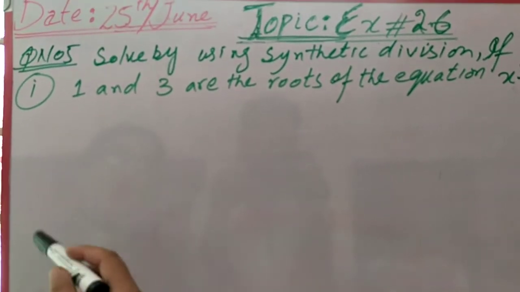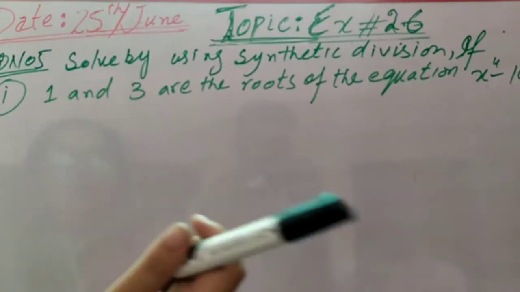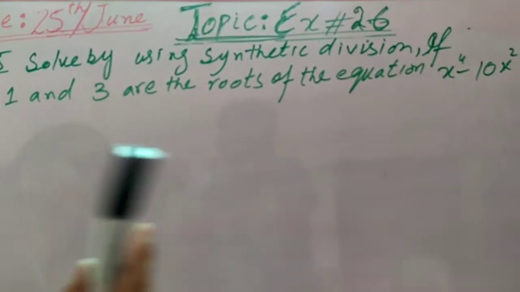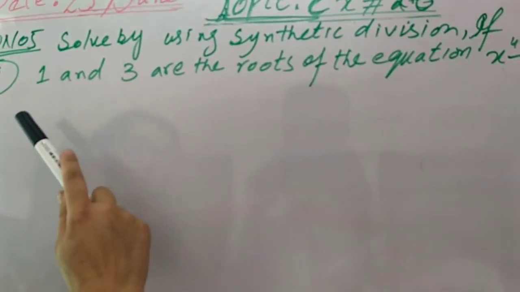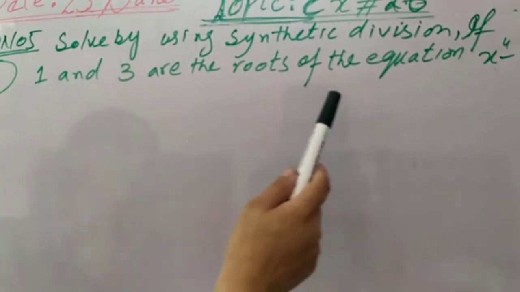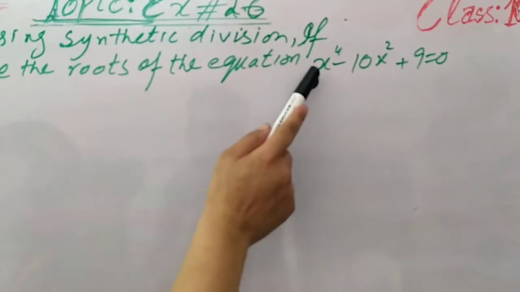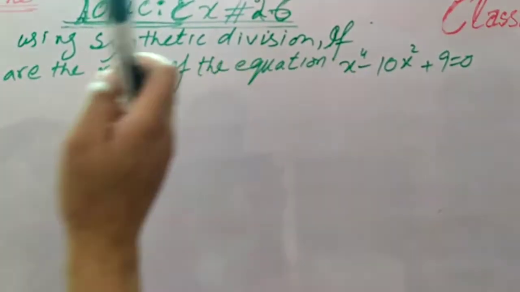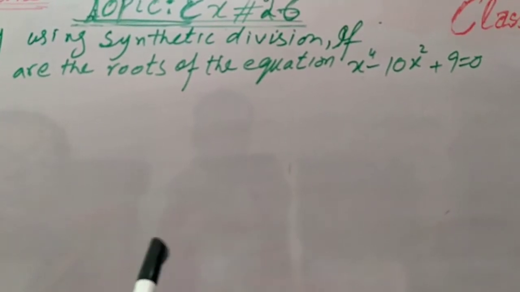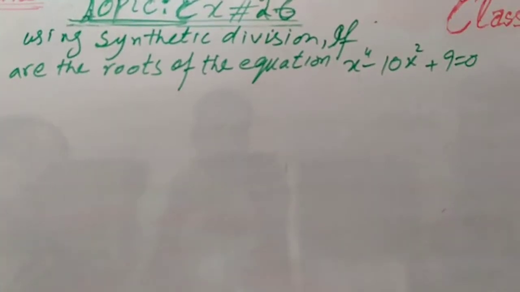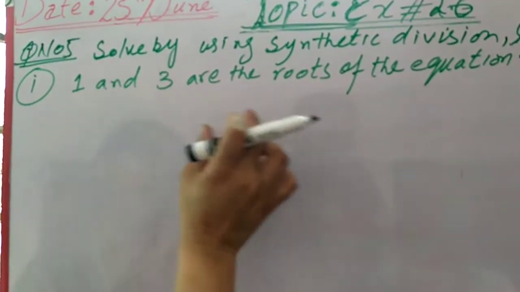Okay, now over here I have written question number 5, first part. The second part I have solved already, I solved it in the Zoom class. Okay, we will find the roots of this equation. Over here we are given a biquadratic equation. The degree of this equation is 4, so it's called a biquadratic or quartic equation. Now two roots we are given already, 1 and 3, and the rest of the 2 will be found.